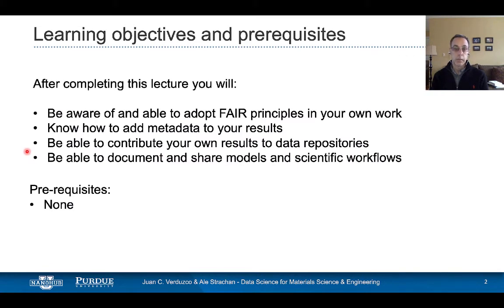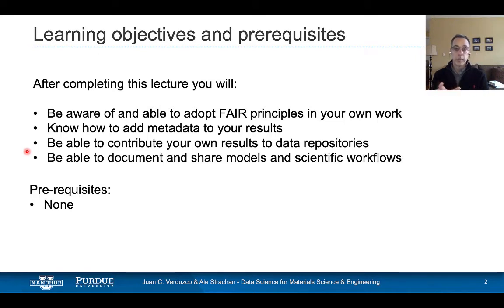I talked a little bit about the learning objectives. We'll learn about FAIR principles, how to add data to describe your results so that your results can be put in the right context and your data can be reused. And we'll discuss how to contribute your own data to some of these repositories.